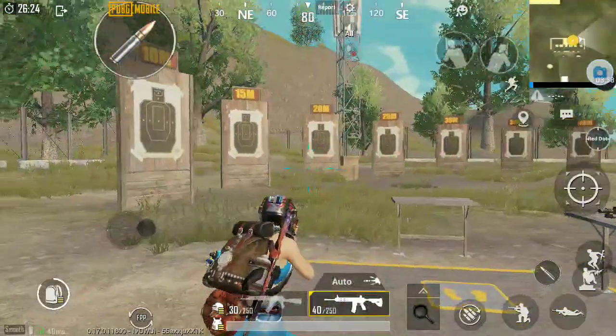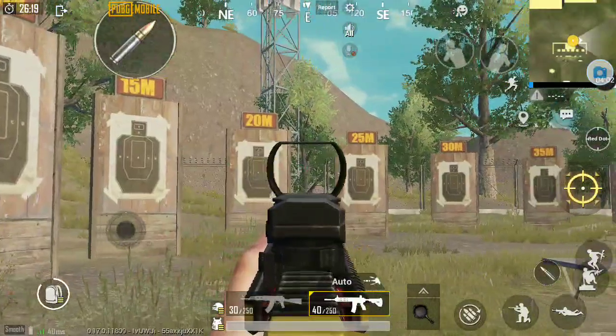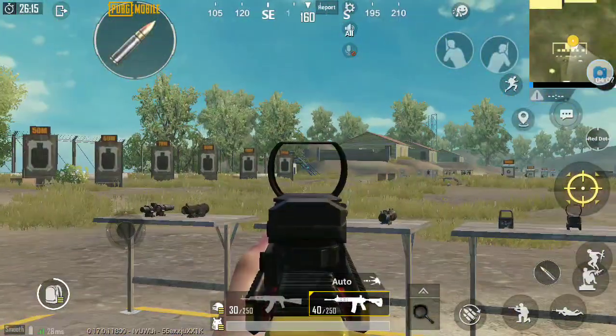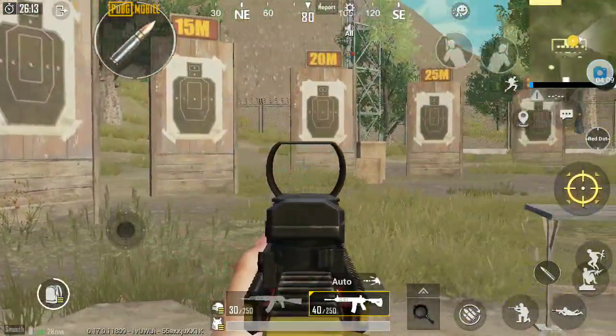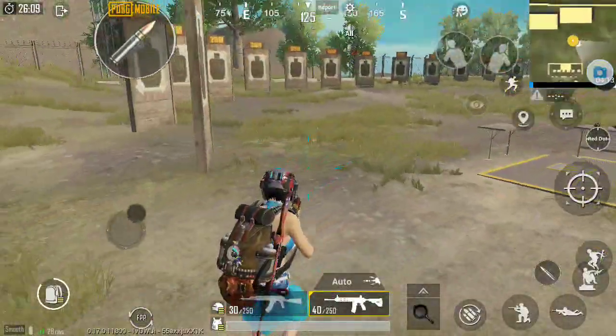So basically red dot setting in camera setting means how fast you can move your camera from one target to another target. Okay, means how much movement you have to use from your thumb.